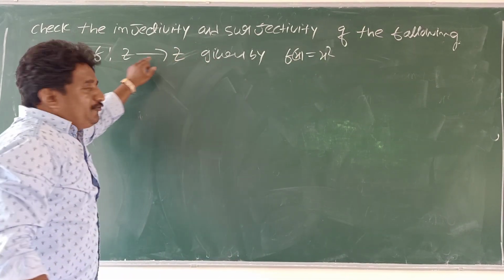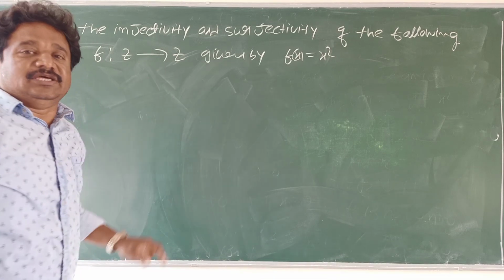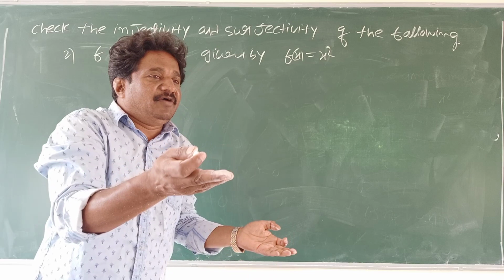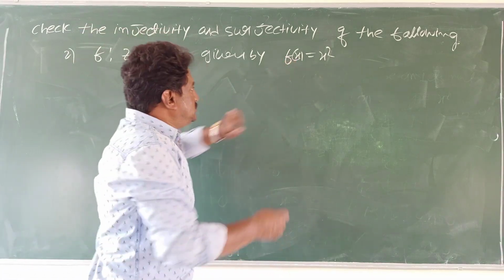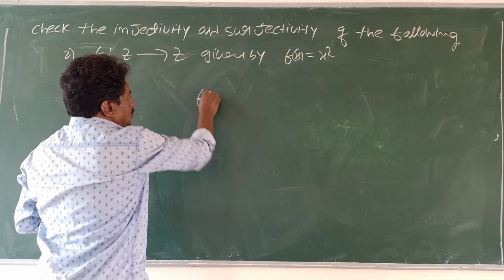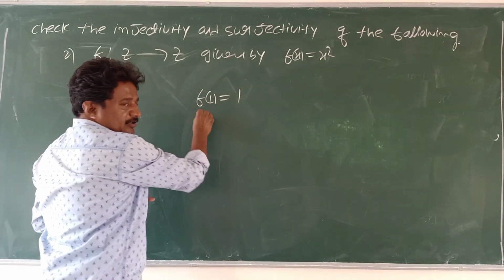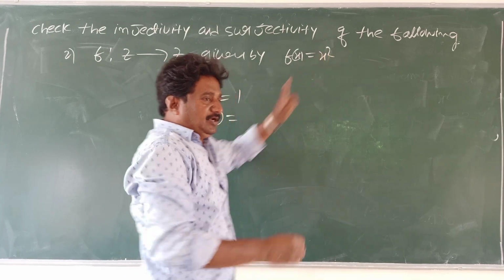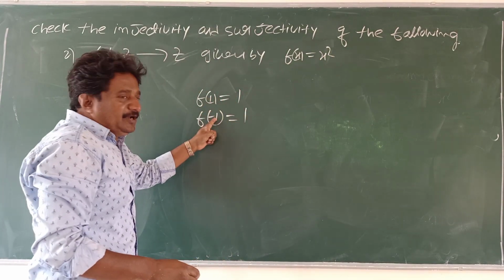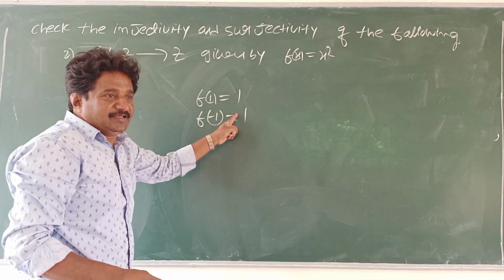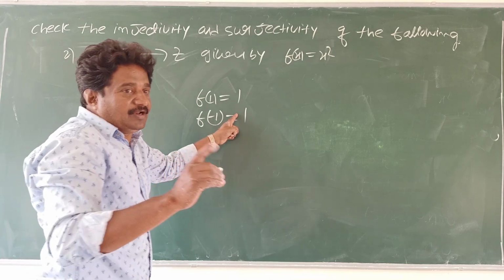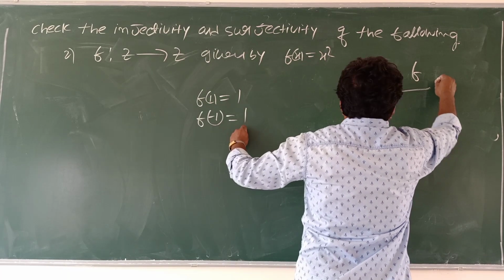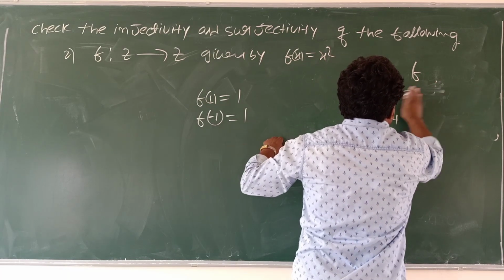Further, the set of integers is given. In the set of integers, both positive numbers and negative numbers are available. You see these, students, f(1). How much is f(1)? 1. f of minus 1. Minus 1 whole square is 1. Two different elements are related to the same element. 1-1 or not 1-1? Not 1-1. f relates 1 with 1, and minus 1 also with what? 1.